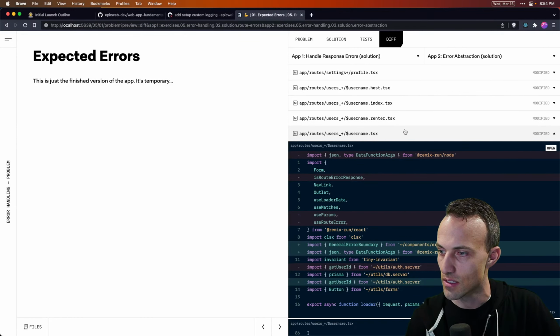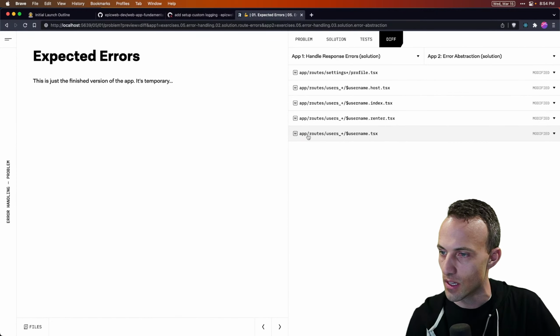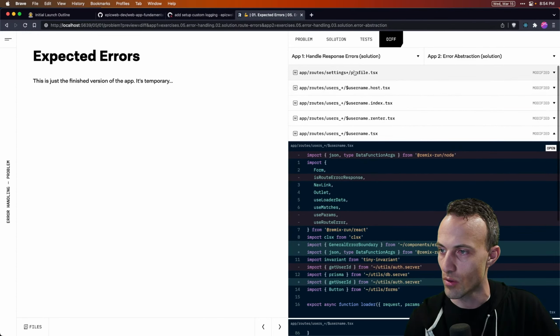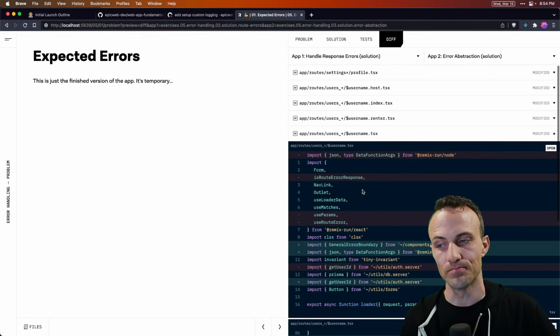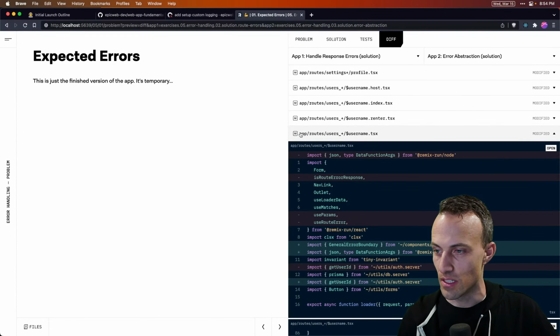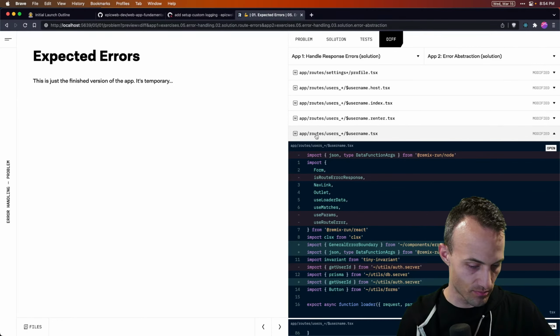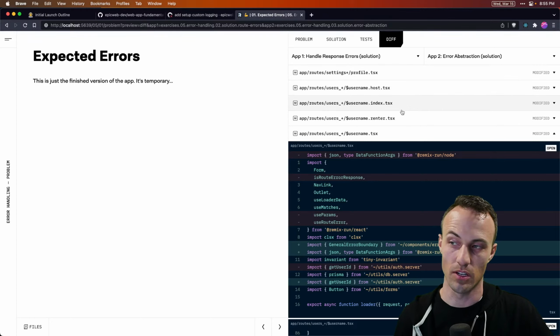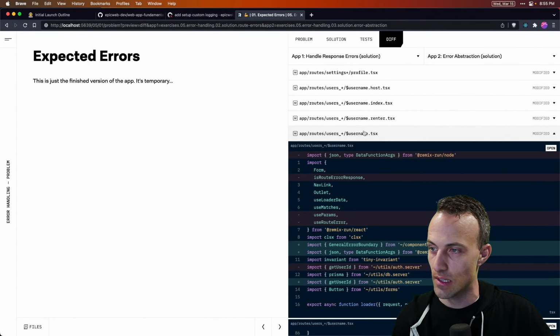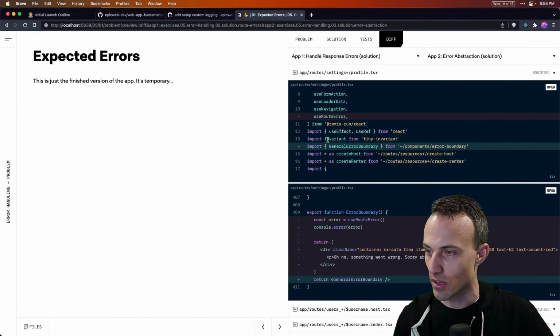It's interesting that stayed open from the previous one. We probably should add a key or something to reset or something. I'm guessing the key is the path, and that ends up React is like, oh, this was open before or something. I'm not sure actually. That's kind of weird. Anyway, so our profile, we get the general error boundary.